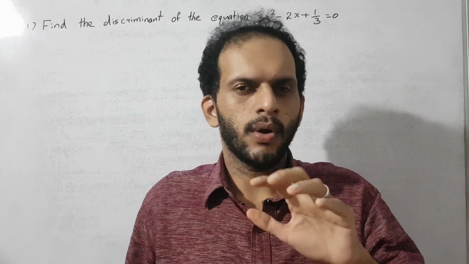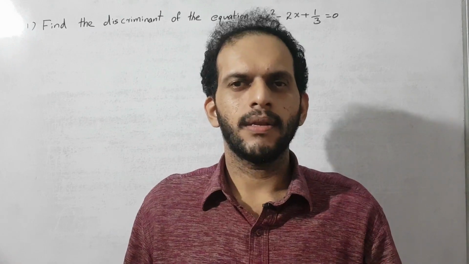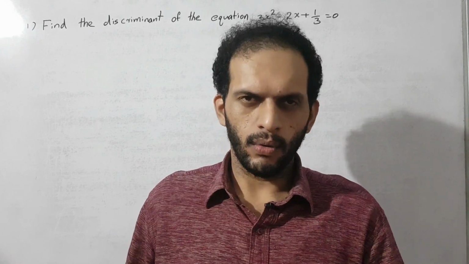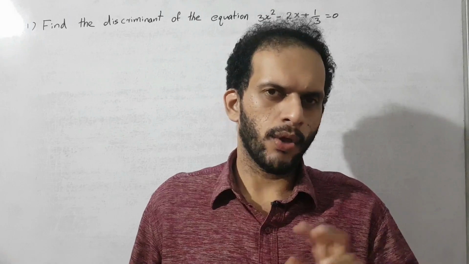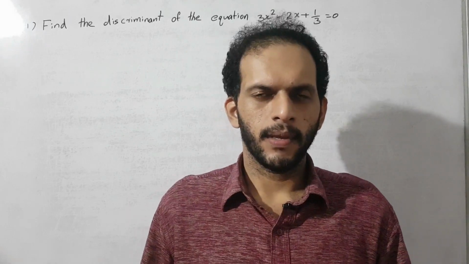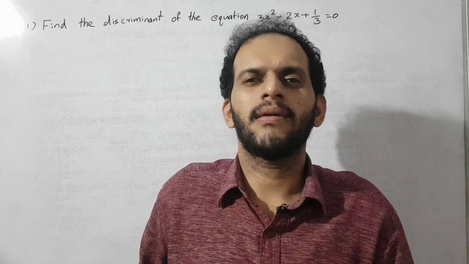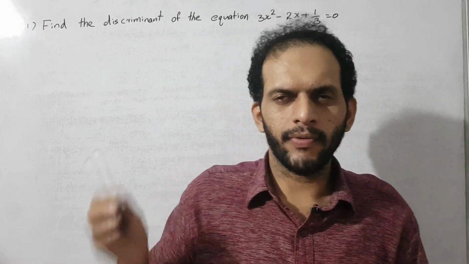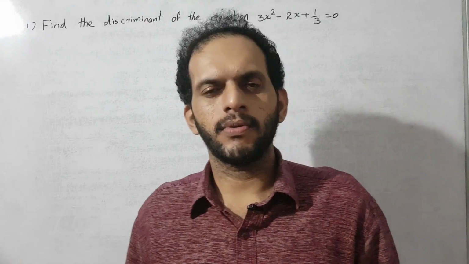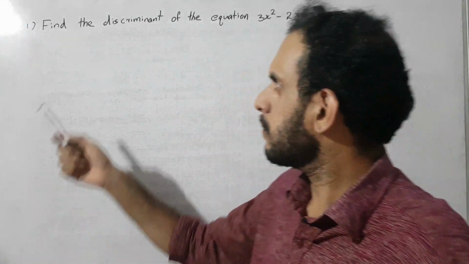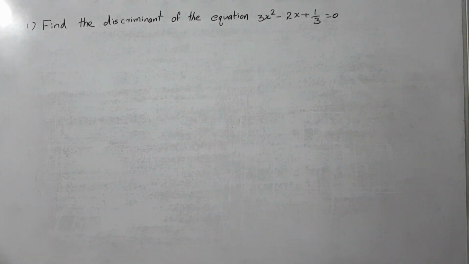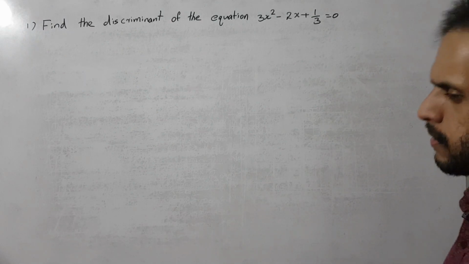In the last class we already discussed the nature of the roots and what we mean by the discriminant. Then I told you we have some time for one question to find the discriminant of a quadratic equation. Here we are discussing that type of question. The question is: find the discriminant of the equation 3x square minus 2x plus 1 by 3 is equal to